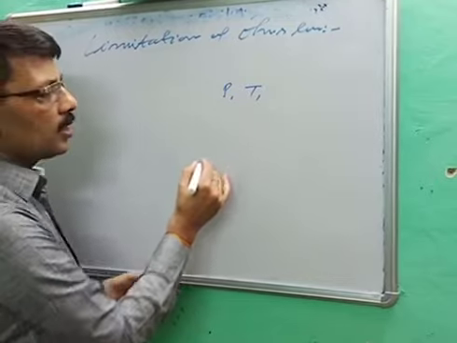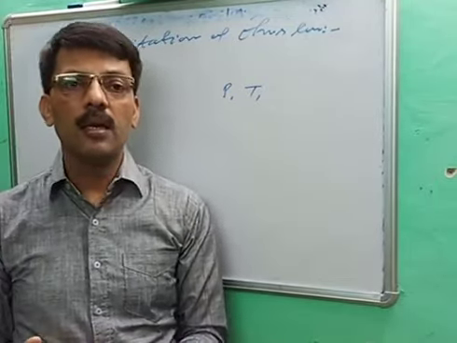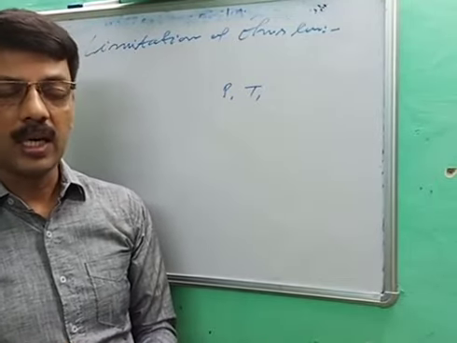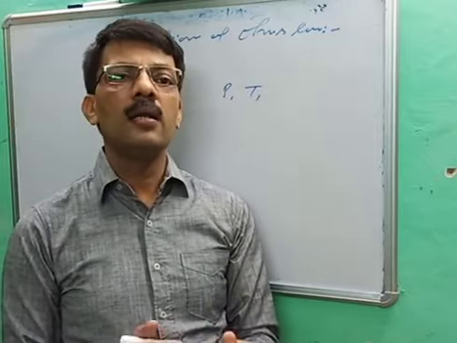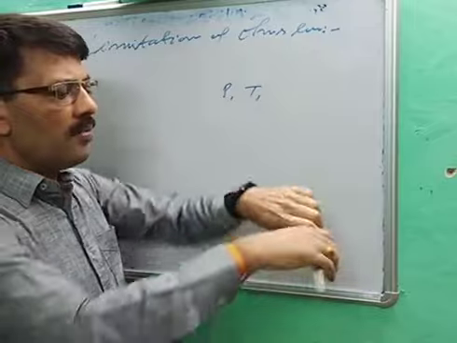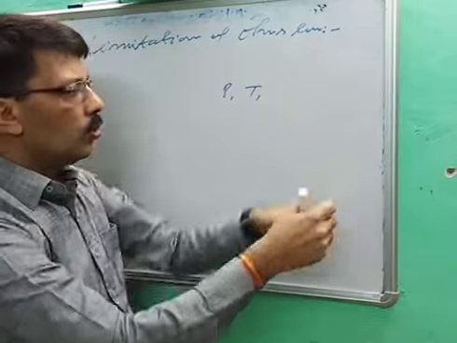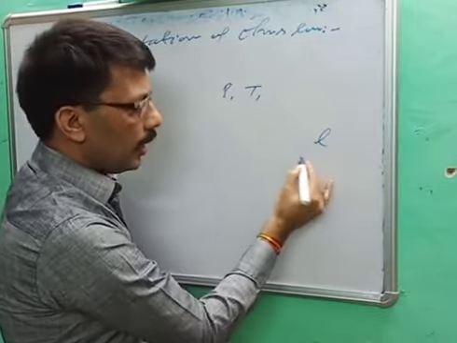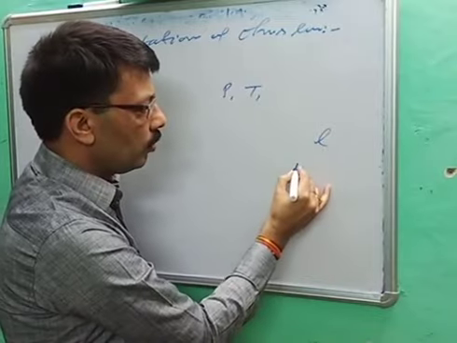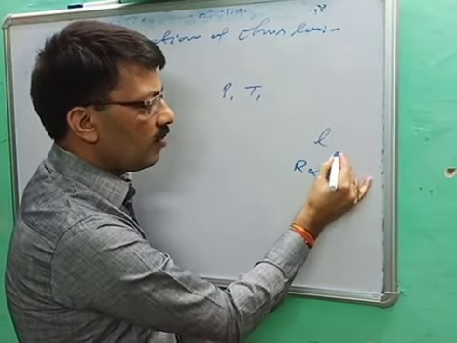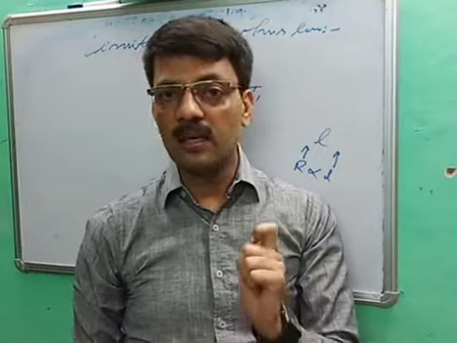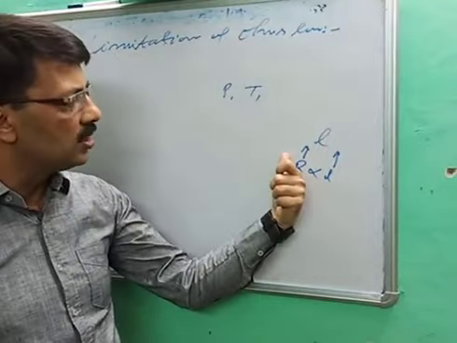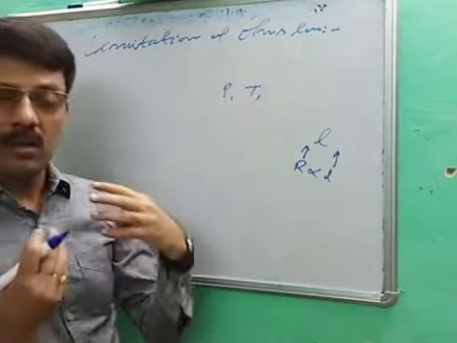Second limitation: there should be no strain in the wire. It means if you stretch the wire like this, no doubt its length will increase, and in the next lecture I will teach you R is proportional to L. If length increases, resistance increases, which will be the cause of change in resistance. So no doubt resistance changes, it means Ohm's law will not be valid.